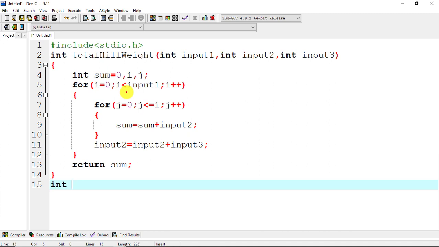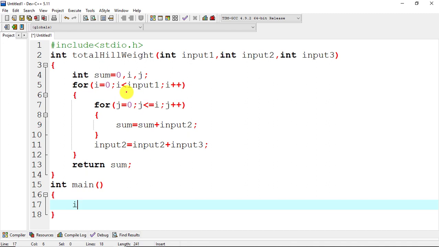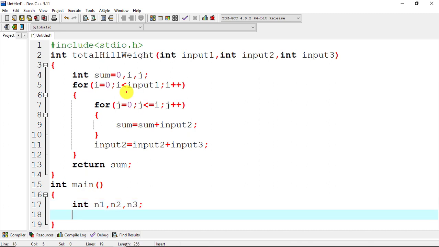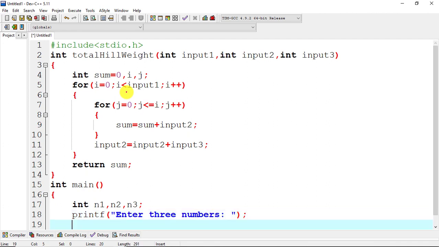Now we will write the main function, int main, and we will take three numbers as input, let's say n1, n2 and n3. We will take the input from the user, enter three numbers, and we will read it from the keyboard.